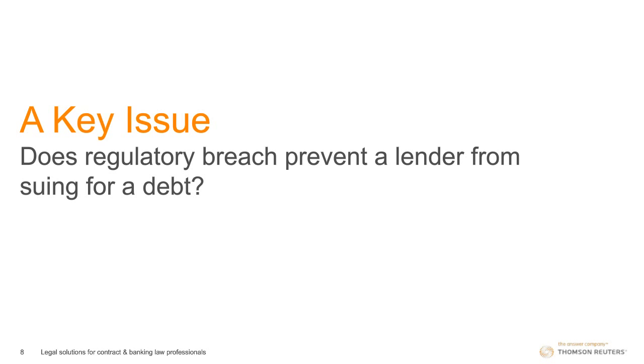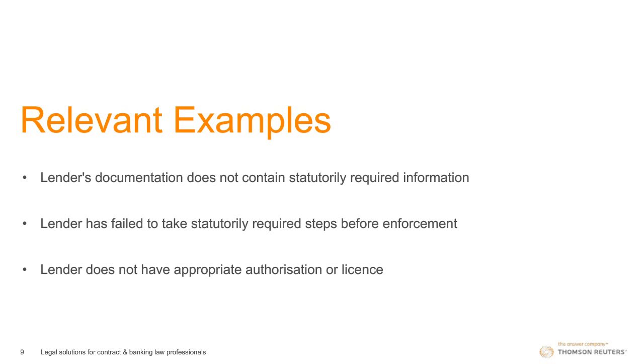So it's probably worthwhile pausing and asking in practical terms what sort of issues can cause a problem for banks in particular that would require them to evaluate their situation under the doctrine of illegality. And there are three obvious examples which derive from consumer lending transactions and in particular requirements under the Consumer Credit Act. And as I'm sure many of you will know, the Consumer Credit Act requires lenders to have